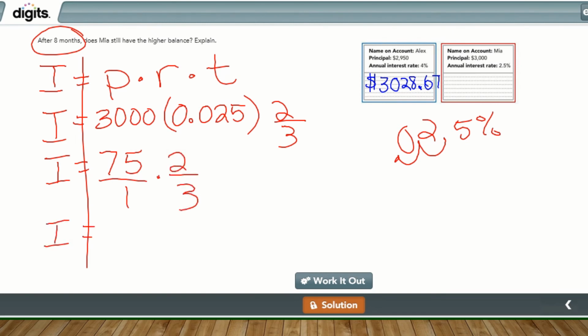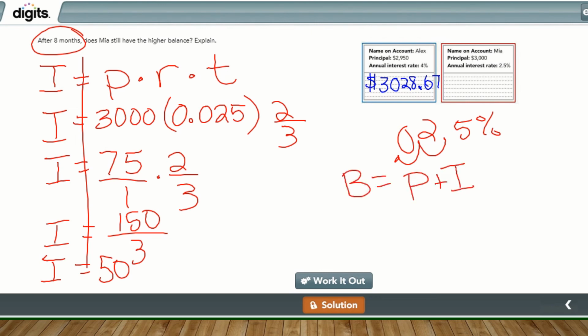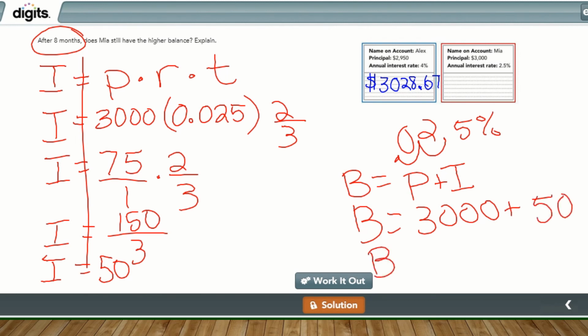Now I'm going to multiply the 3,000 times the 2.5%, which is 75. And then we have to multiply that by 2/3. 75 times 2 is 150. Now I need to divide that by 3. And when I divide that by 3, I end up with 50. So 50 represents the interest at the end of the 8 months for Mia. Now to figure out her balance, we're going to use our balance formula, which is balance equals the principal plus the interest. Her principal was $3,000 and the interest was $50. So that means her balance at the end of the 8 months was